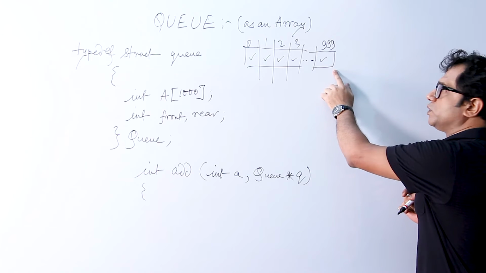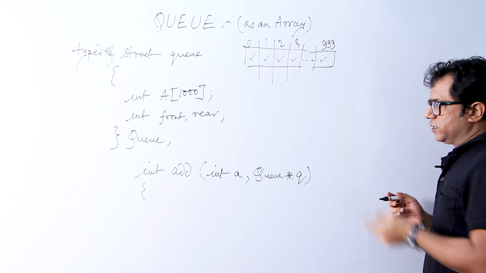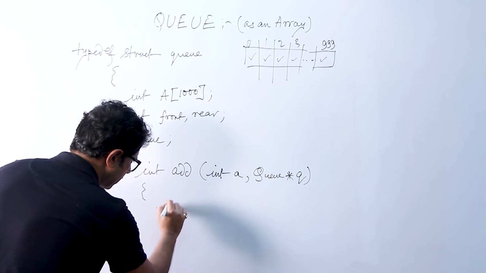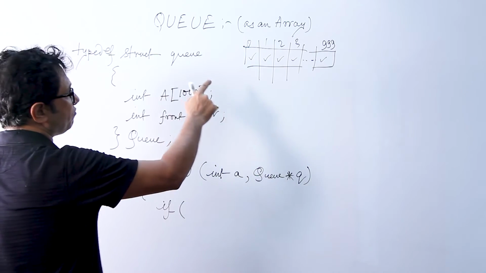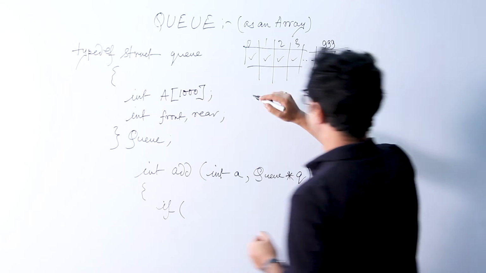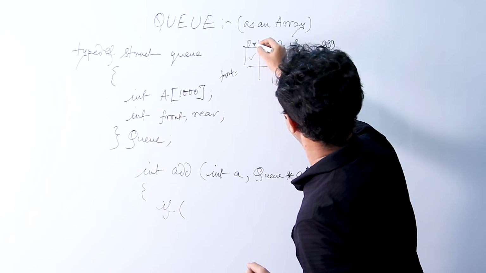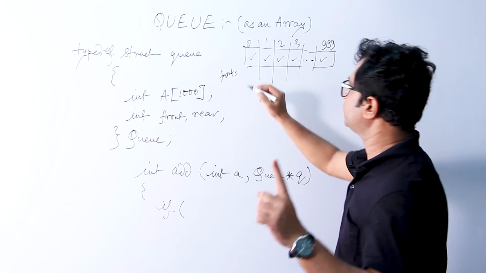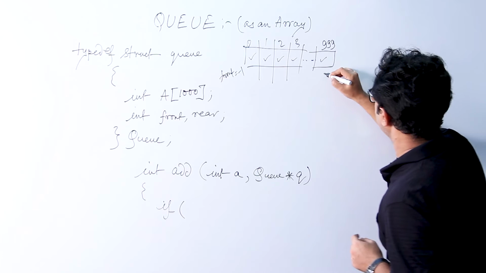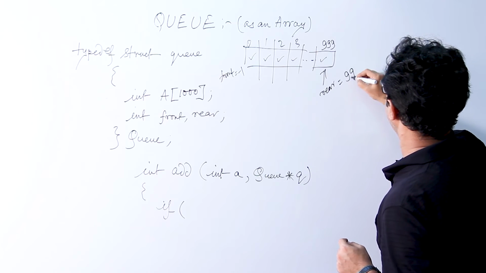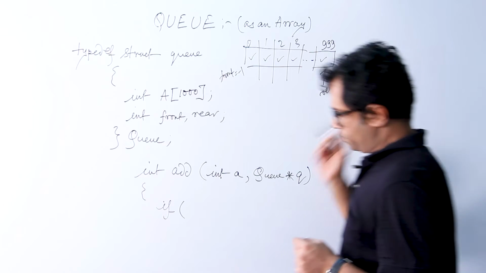If the queue is full, then we cannot add. So I have to check that condition by writing like this: if. See this, the front of this queue is here. The front is how much? One less than the index of the beginning of the queue, that is -1. What is rear over here? Rear is 999. So if